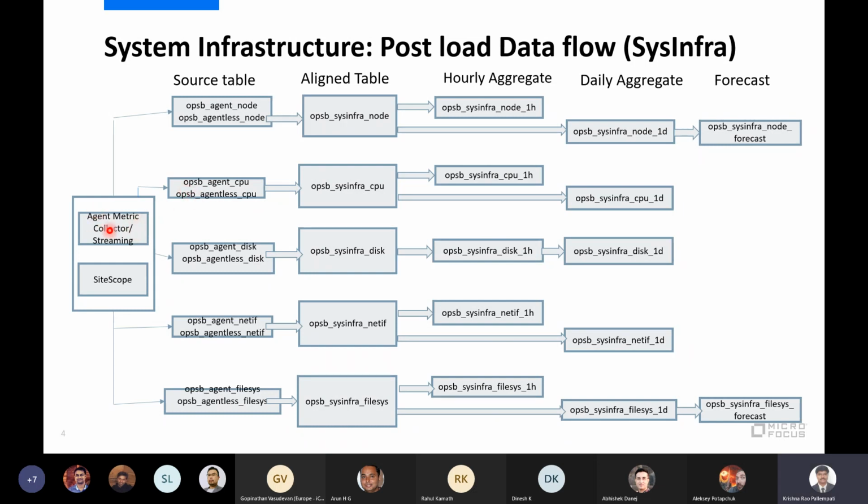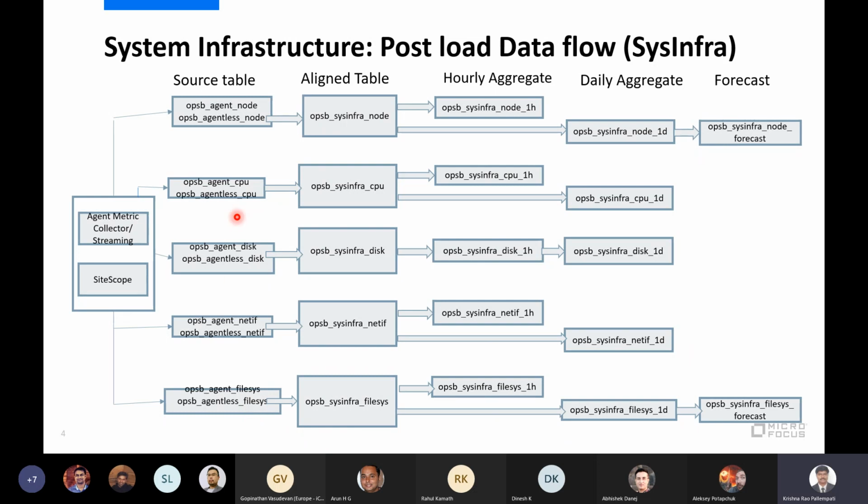Even in the agent metric collector, we will mention my target tables. So we will mention the agent CPU and node and tie it with my data source and category, like scope global, or scope CPU, scope disk and all. So that alignment, or that key value pair which we have given in our agent metric collector or in the streaming policy, will move the data respectively into these source tables.